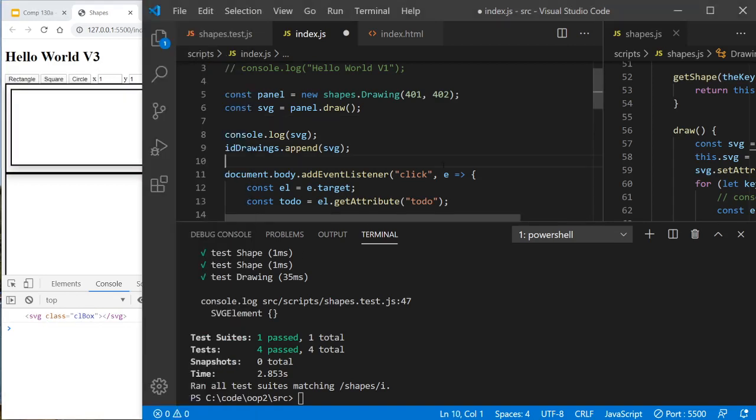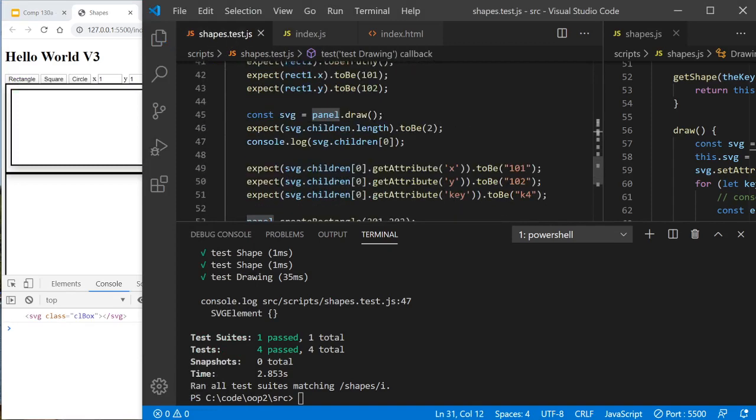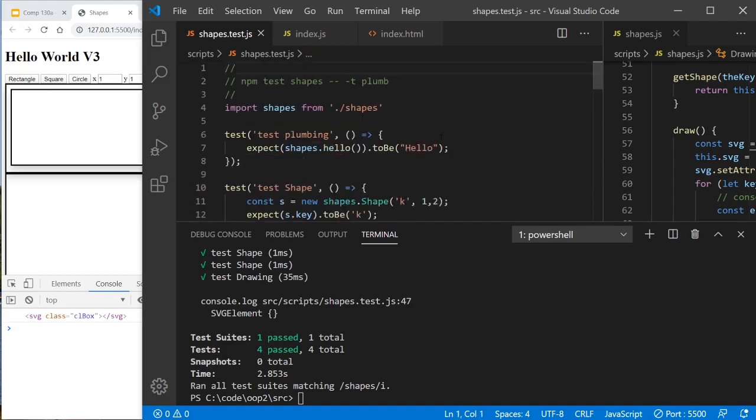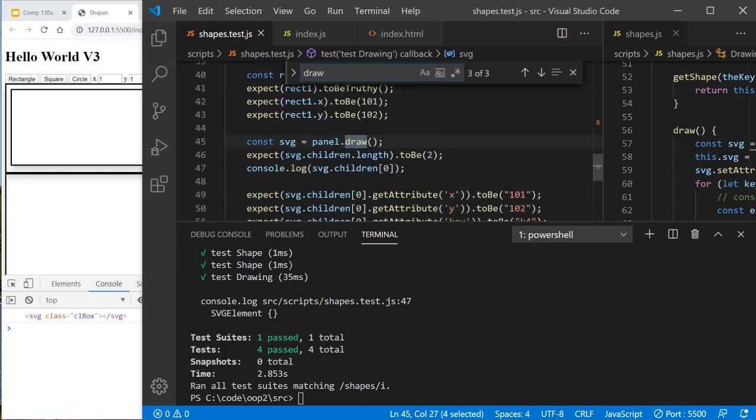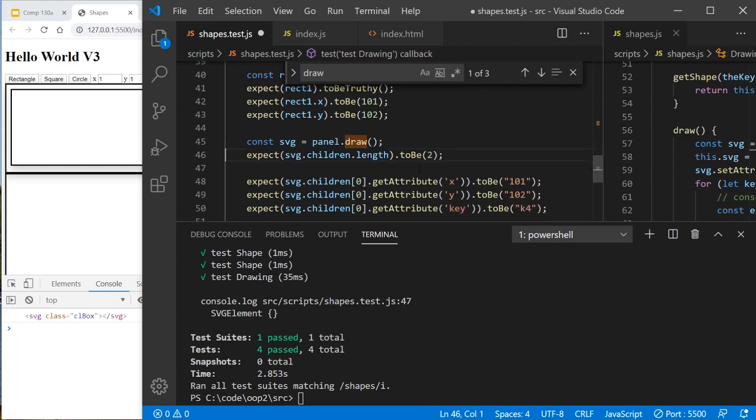So the first thing we're going to do again is run our tests. So when we do a draw, where's the first place we do a draw? I'm going to go to the top. I'm just going to do a search for draw. Yeah, and there's some text. So there we do our draw. It expects children to be 2. We don't need this console log. What I'm going to do is put I expect the SVG,